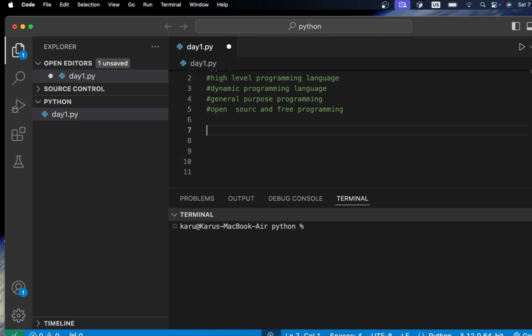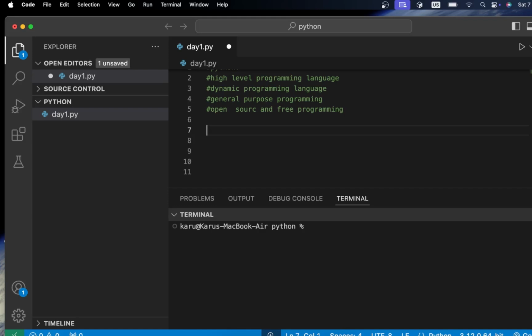Okay, again I'm back in here. I want to run one simple program, because we are in our programming field, and we are choosing the Python programming language. Why is it more suitable, why is it high level, why general purpose, why dynamic? Those reasons I want to clarify by running one program right now.